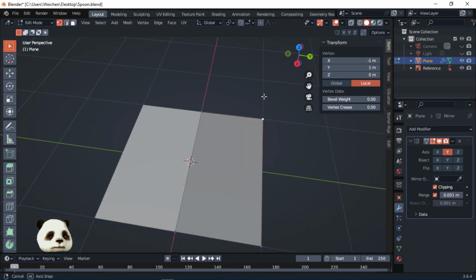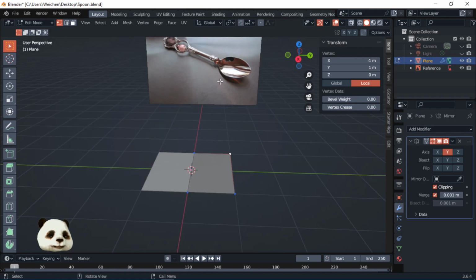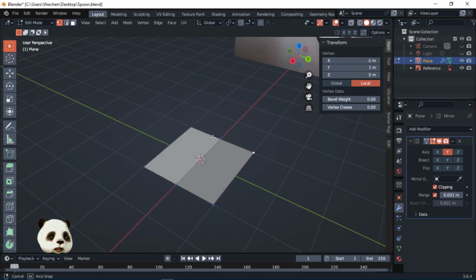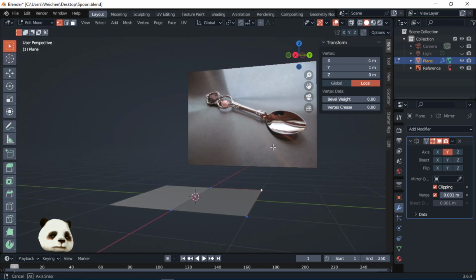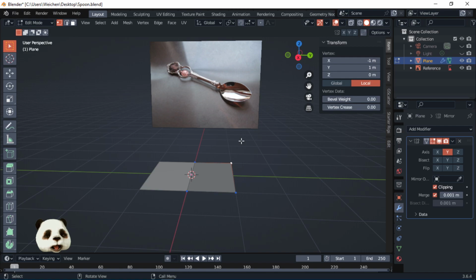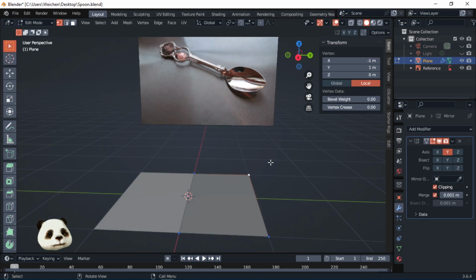Perfecto. So how can we make this plane look like a spoon, you might ask? And that is a very good question. So there is one rule. Well, there are many rules, but this rule is like this. If we have